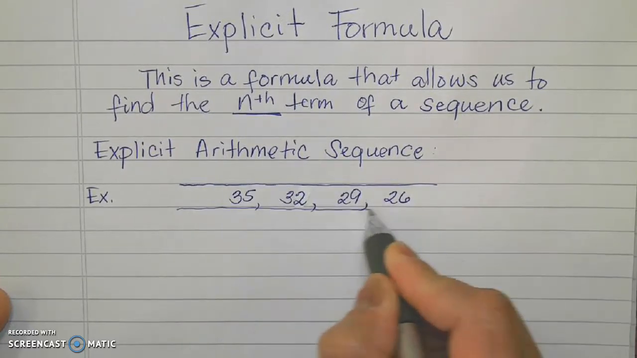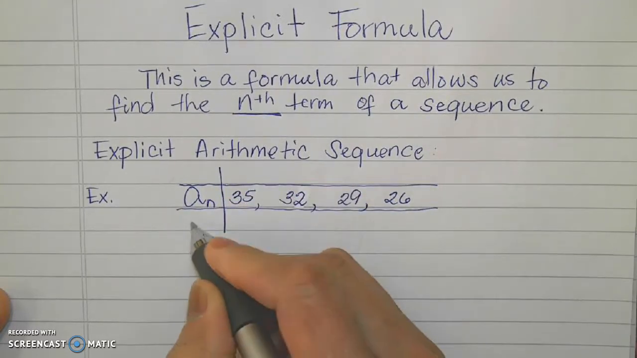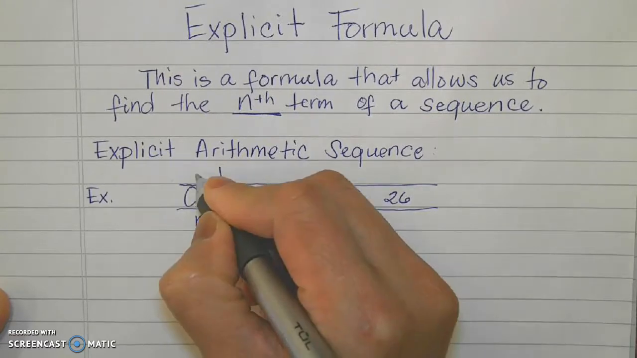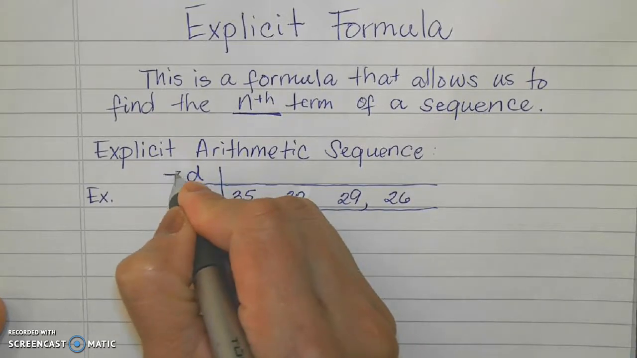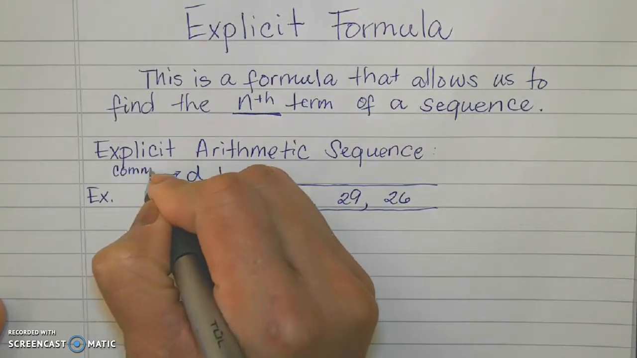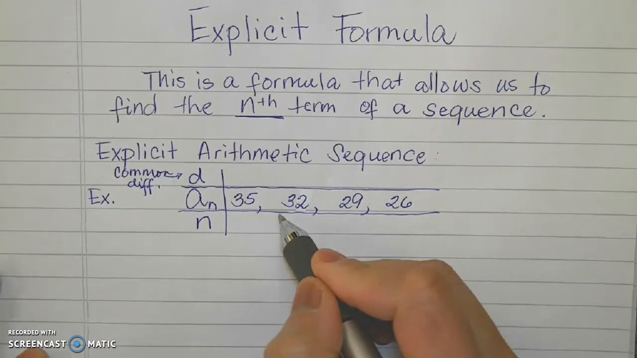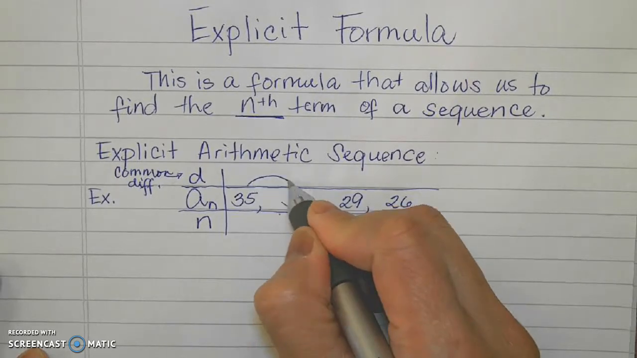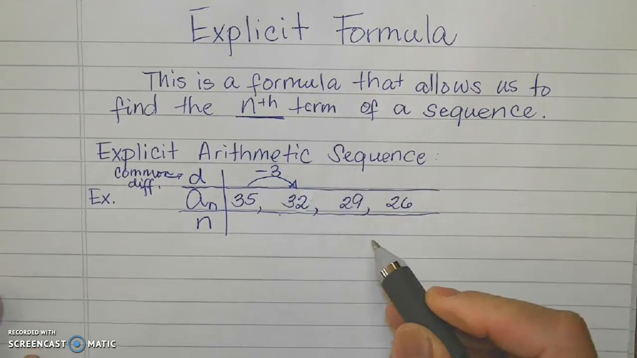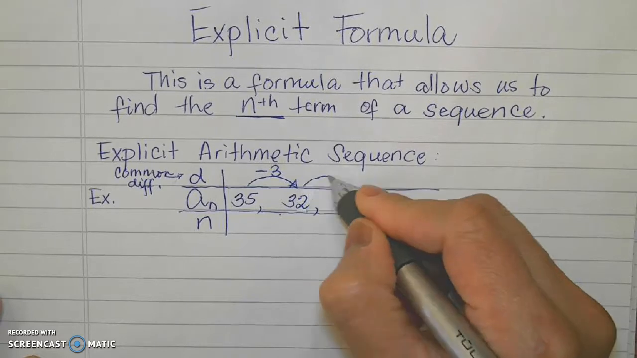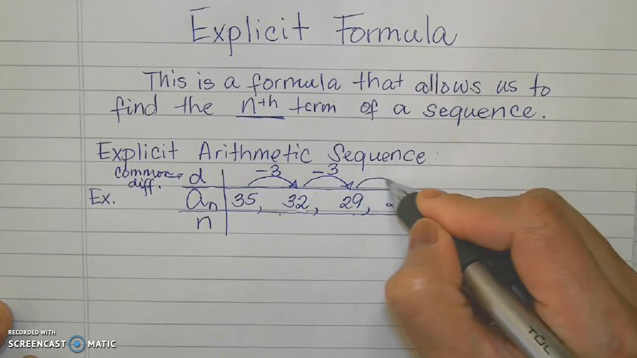into rows. I'm going to call this my A sub N, and this my N, and I'm going to write here the common difference D. So once again, this D is our common difference. From 35 to 32, my D is minus 3. From 32 to 29, I am subtracting 3 again. And from 29 to 26, I needed to subtract